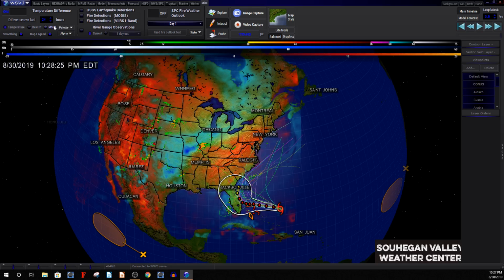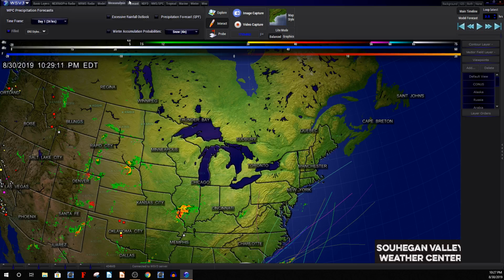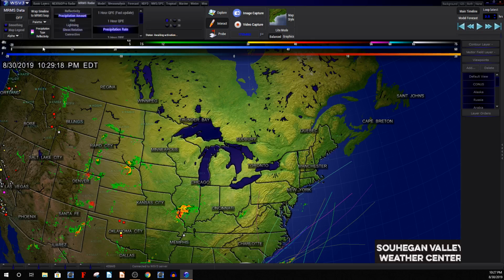I can view earthquake detections, so I can view where the most recent earthquakes are. But just very small earthquakes happening right now. I just want to see where that button was to turn the. I can also view precipitation rate. So whatever thunderstorms